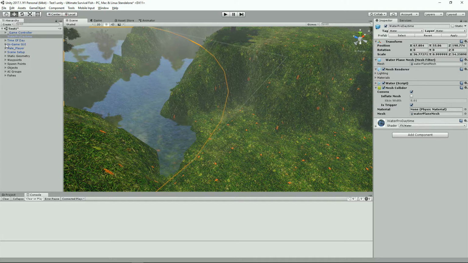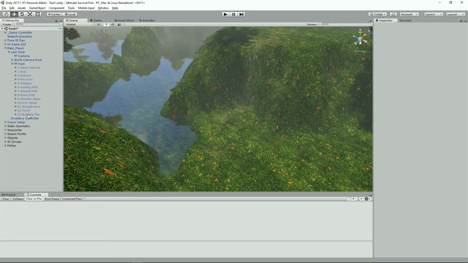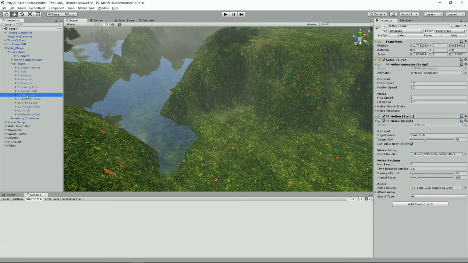Now popping over into my main player, on the look root and the FP root, I've made here a refillable bottle. Let me just delete him. I'll show you what I did. So I'm grabbing, let's grab the Bone Club and click duplicate. Now I'm going to call it refillable bottle,